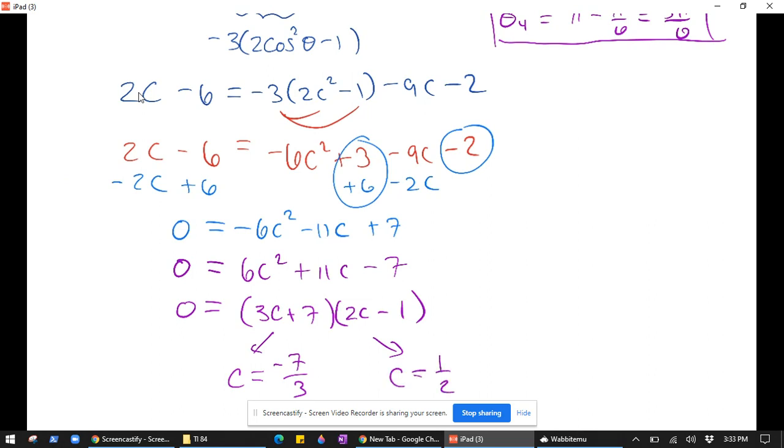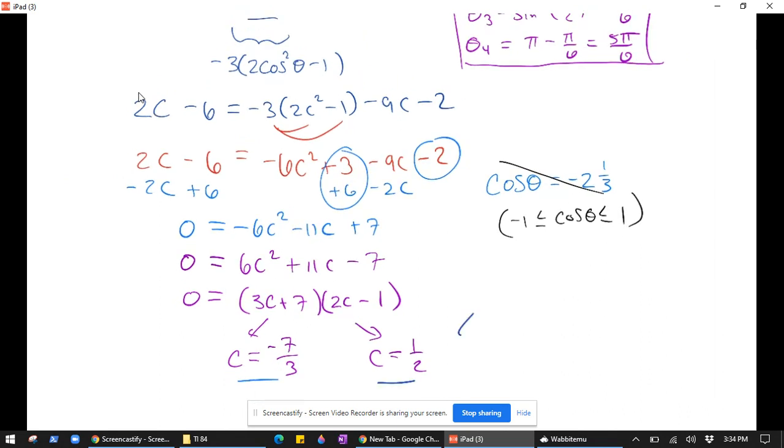So we deal with this one first. Remember, that's cosine. So cosine of theta equals negative 7/3. Notice that's negative 2 1/3, right? Okay, but that cannot produce any answers because cosine is the x-coordinate on the unit circle. Cosine of theta can only be between negative 1 and 1. So, you can kind of hash that. It's not going to produce any answers. On the other hand,